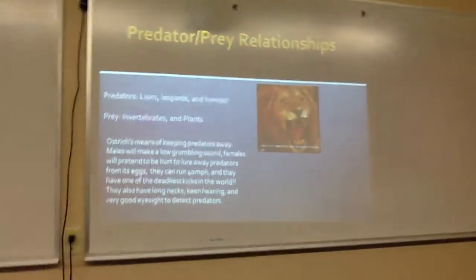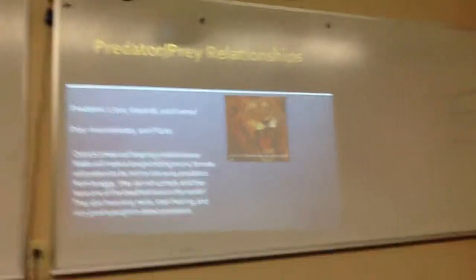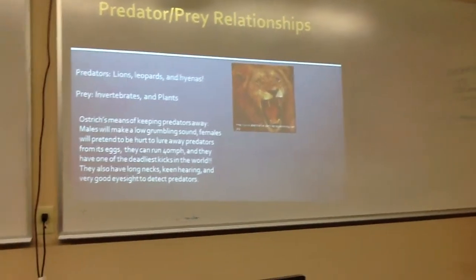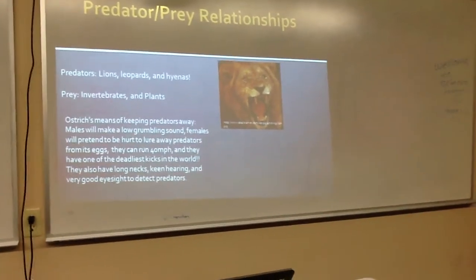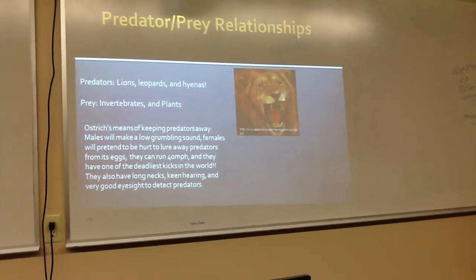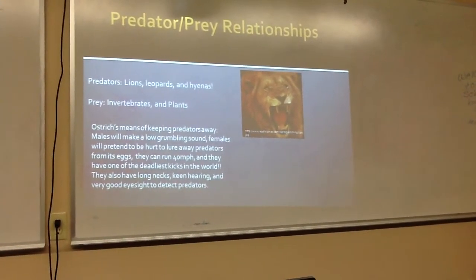Next slide, please. The predator-prey relationships. So their predators are lions, leopards, and hyenas. The prey they have are invertebrates and plants, if you count plants as a prey. So ostriches have many means of keeping